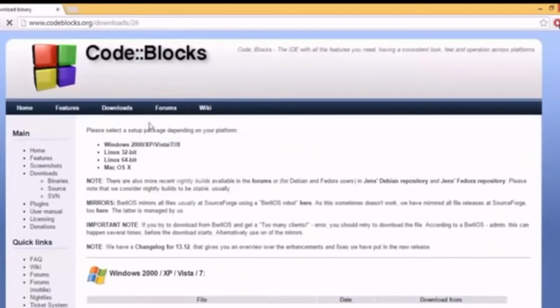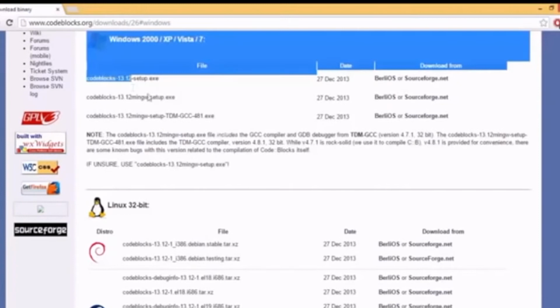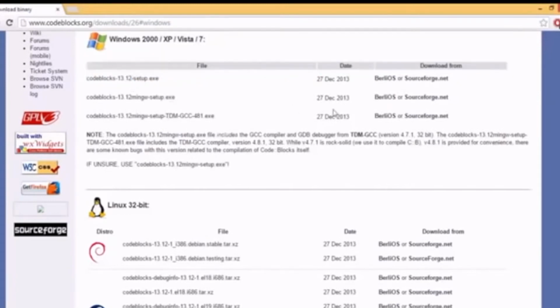Just click this link, and in here you will find a few options. Because I will be showing this tutorial on Windows, I will install this version, Windows 2000/XP/Vista/7/8. Just click this link, and then you will see these three options to install.